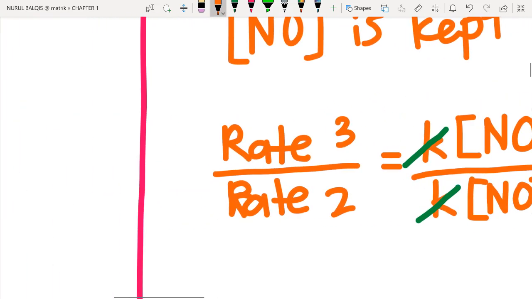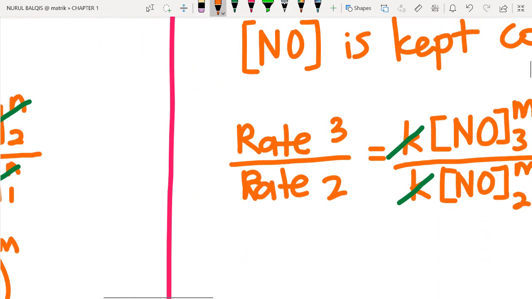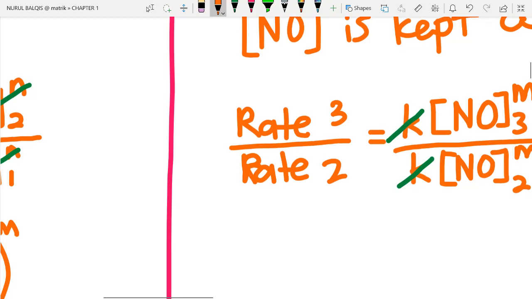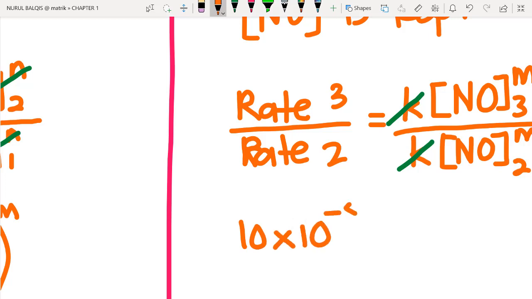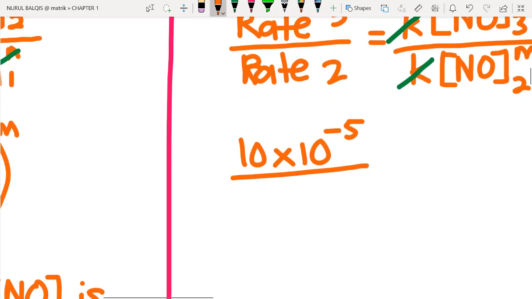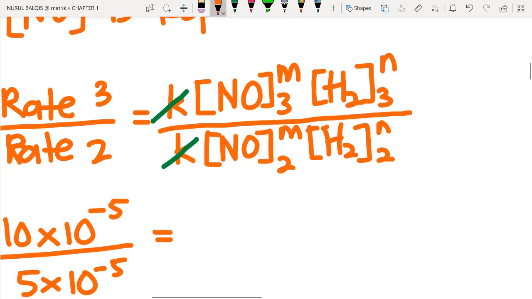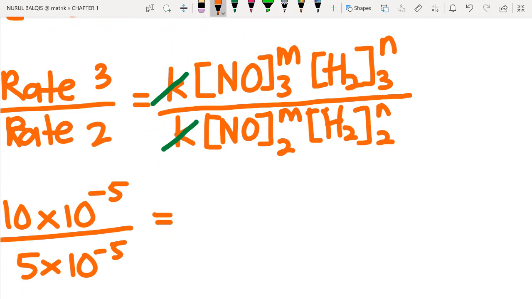So for rate 3, the value is 10 to the power of negative 5 divided by 5, 10 to the power of negative 5, and then as for this comparison, we're going to cancel out the